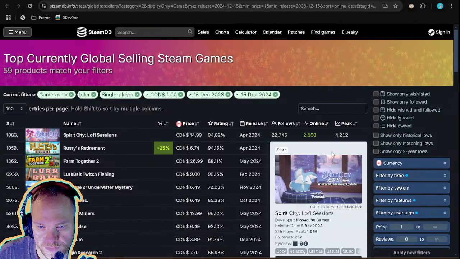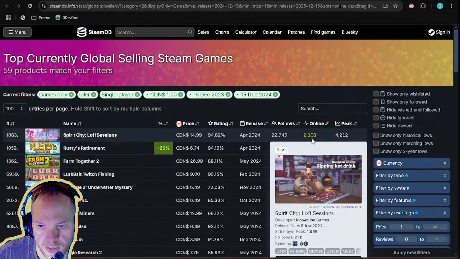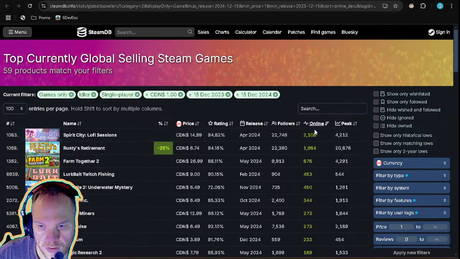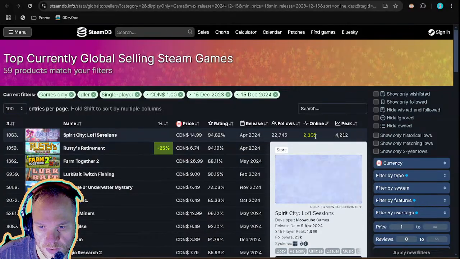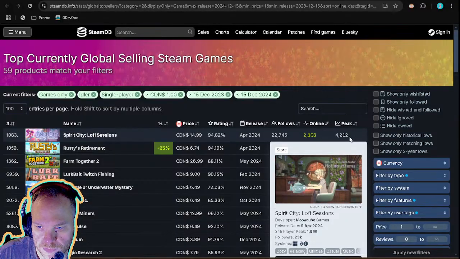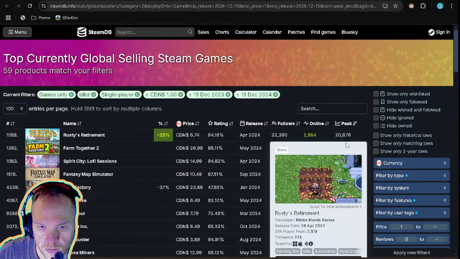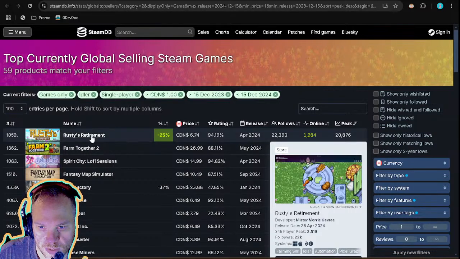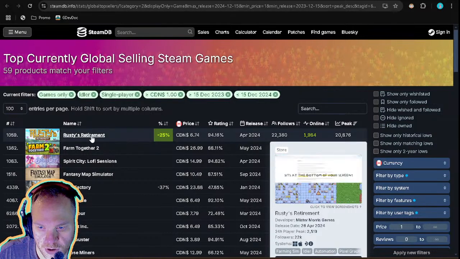So for the paid ones, you can see the concurrent users online currently, 2108. At peak, the best one is Rusty, some kind of gardening